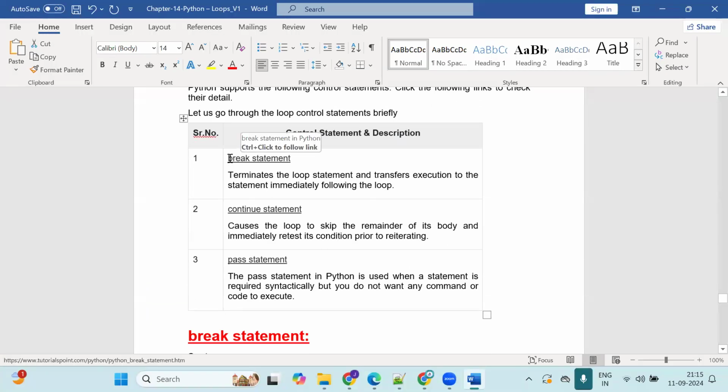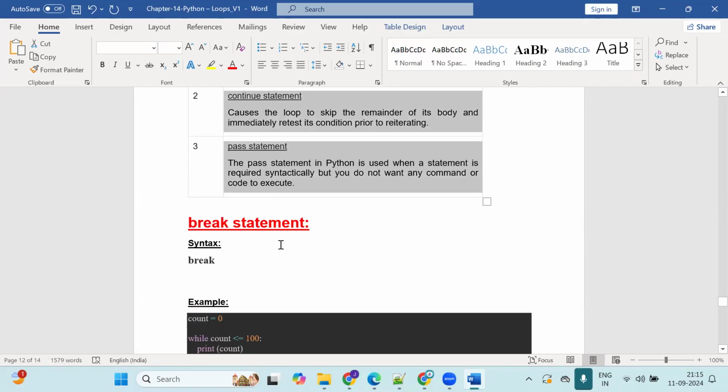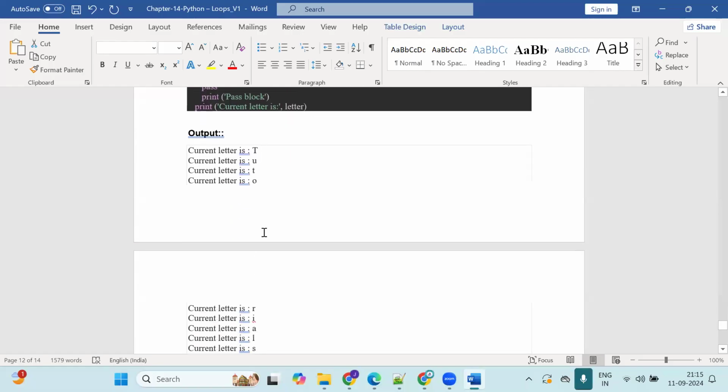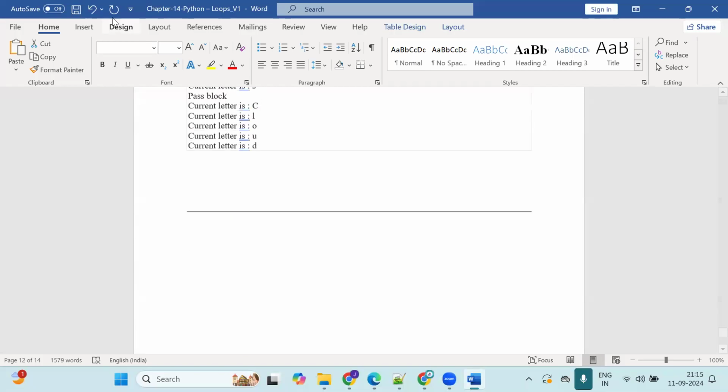These are the break, continue, pass methods we have seen. We have already seen break, then continue, and then pass. So what I'll do, I'll upload this document to your drive. You can go through this drive document. Okay. Next one will be